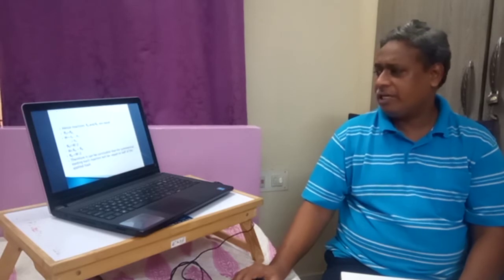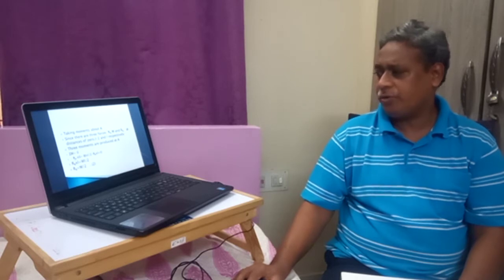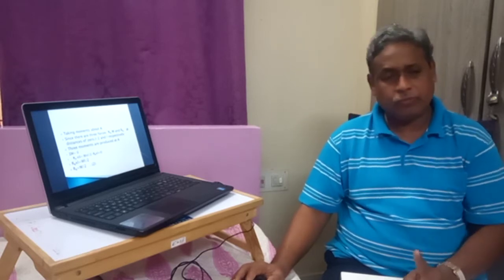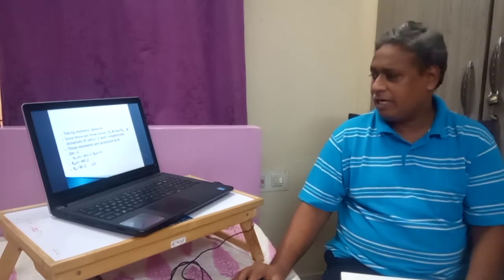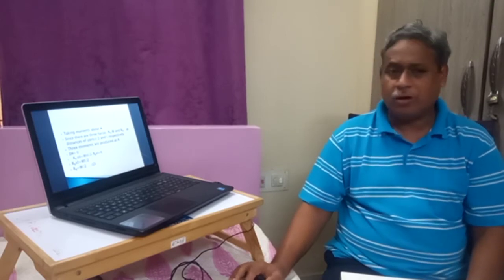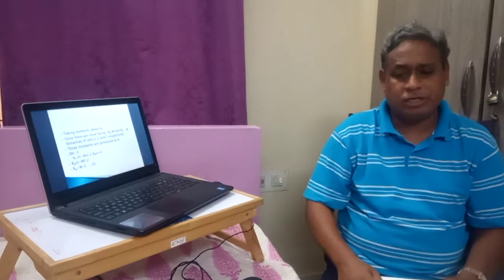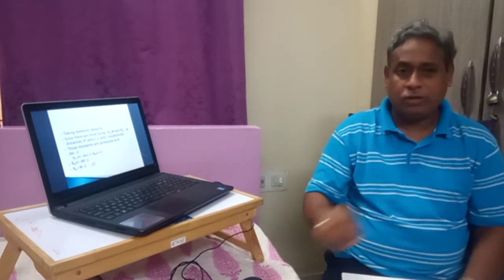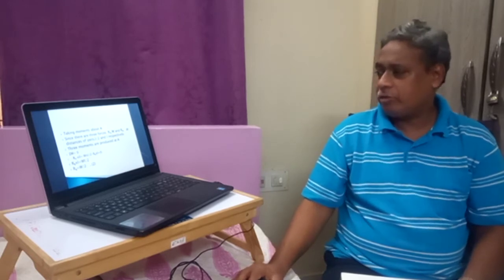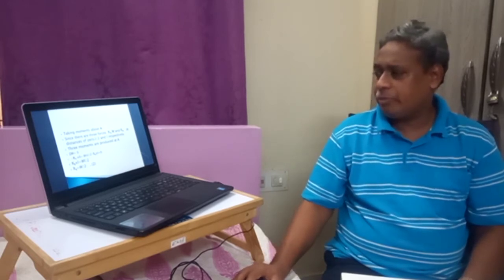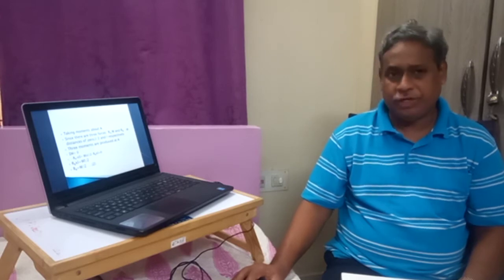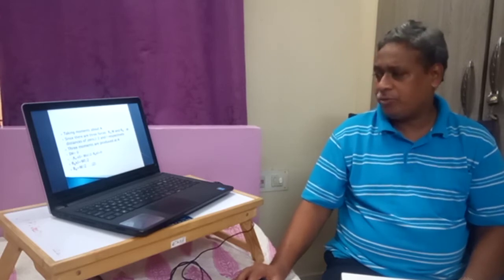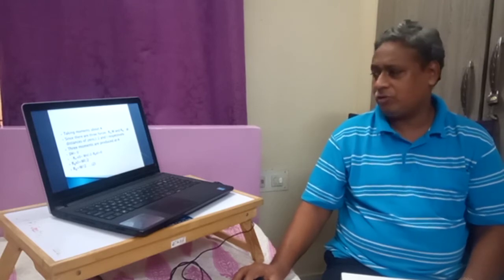Therefore, we get RA into 0, that is minus, since the force is from the bottom, and W is from the top, producing a clockwise movement at A. Therefore, we can consider the clockwise movement as positive and both anti-clockwise movements as negative. Therefore, RA into 0 plus W into L by 2 minus RB into L is equal to 0.